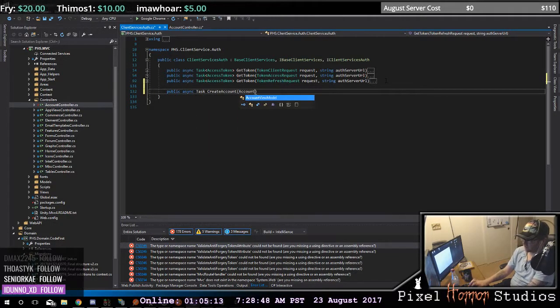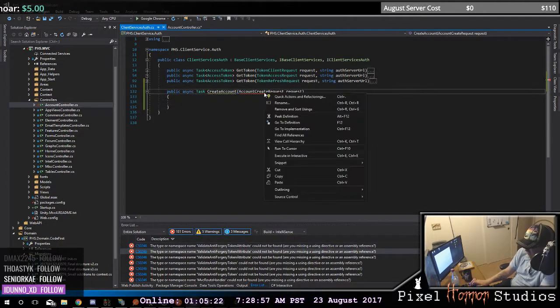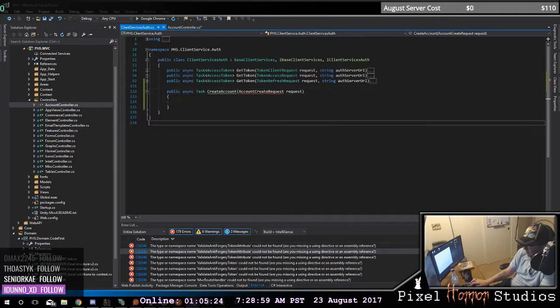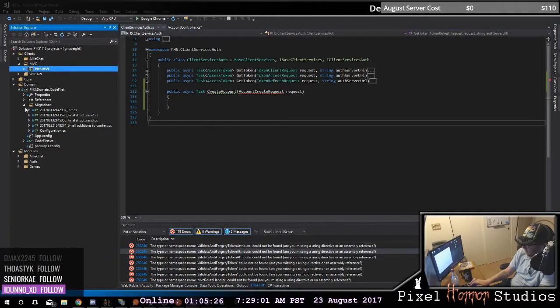And we want to do an account create request. Is that something that's already in here? If I look back over at my lib for auth,